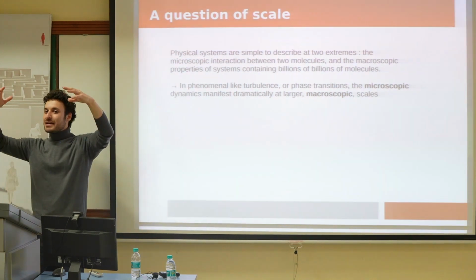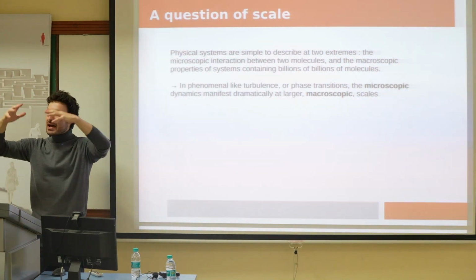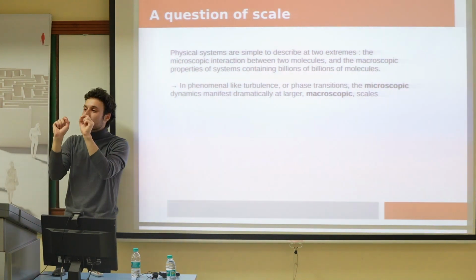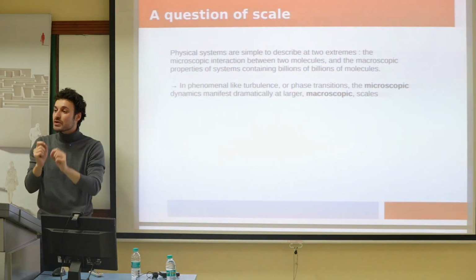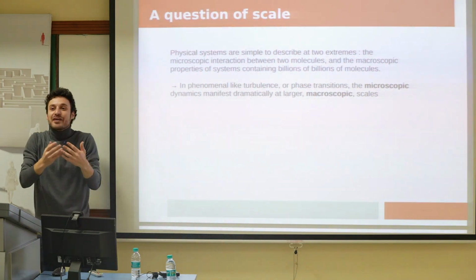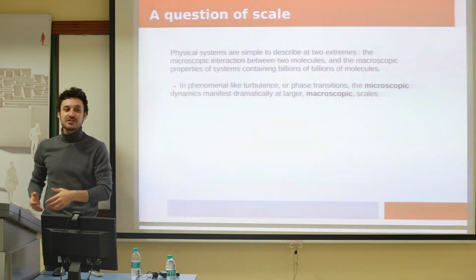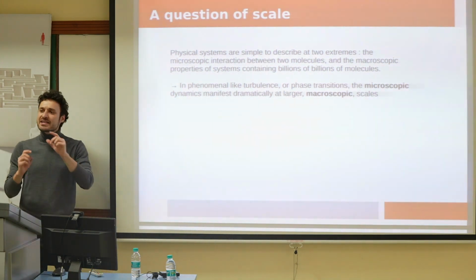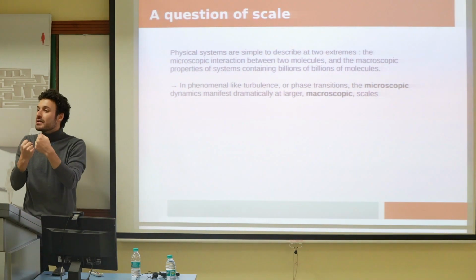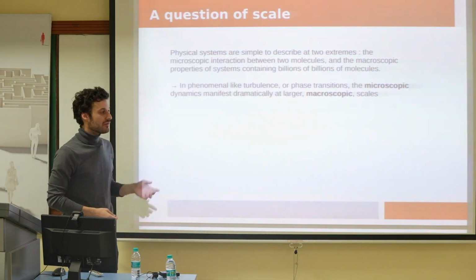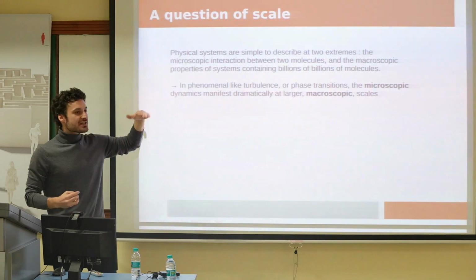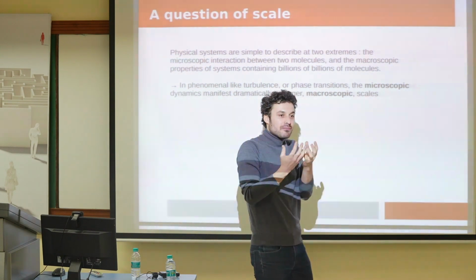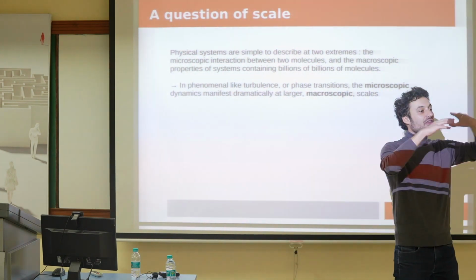But at some point, once you've cooled down the system, you start having to notice the effects of the interactions, the more complicated interactions between neighboring molecules, which is basically the reason that a liquid has fundamentally different properties to a gas, right? A liquid fits into an open container, a gas will just occupy all available space, right? And this has something to do with the microscopic interactions between the molecules of water, for instance. So a phase transition, kind of like turbulence, is the manifestation of some dynamic that occurs at the microscopic scale, manifesting itself at the larger scales, right?